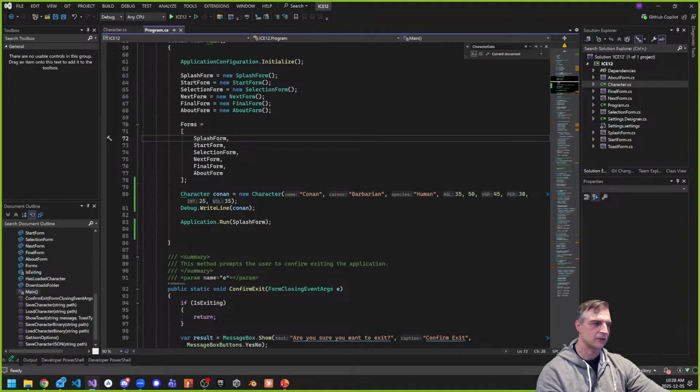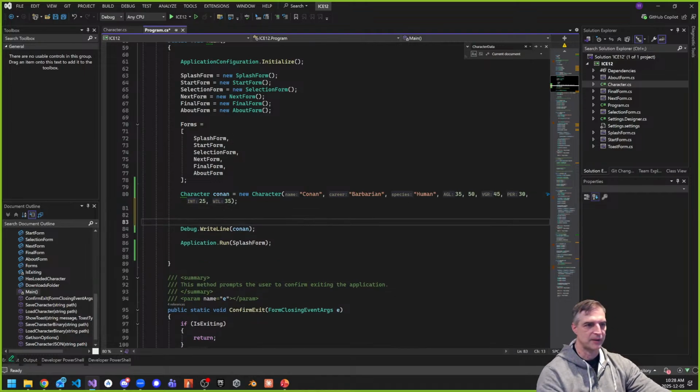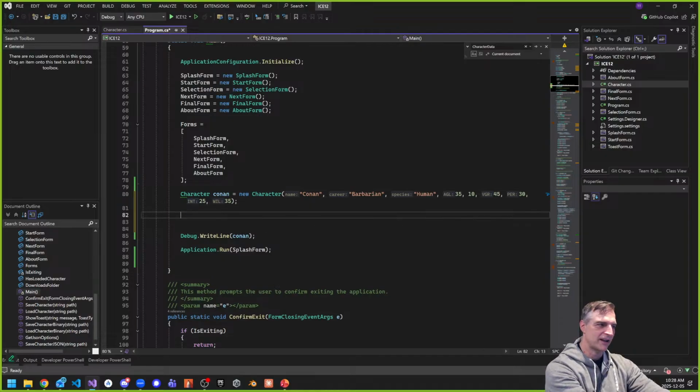One other thing that we can do is if we want to modify Conan. So once I made Conan, let's say, for example, I made a mistake and I said my strength is only 10 for some reason, right? Well, that doesn't make any sense. Let's say I want to change that. I can always say